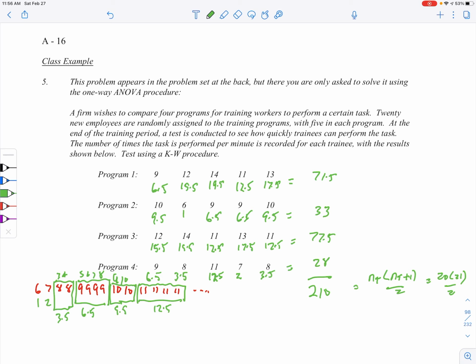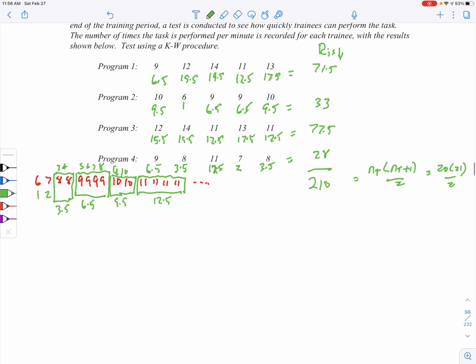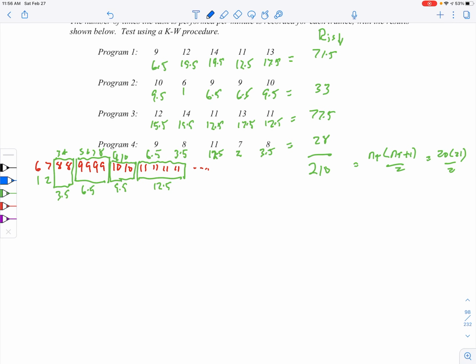All right? So these are your RJs. These guys right here. So the sum of the ranks for each of the programs. All right, now that we've done that, the rest is pretty simple. What we do is we go in here and we say, all right, step number 1, our HO. This is actually part of step number 4. So I'm kind of jumping ahead of myself. So let's go back and clean this up now, because we want to put down our HO and our HA,